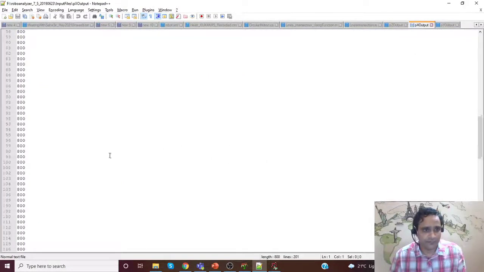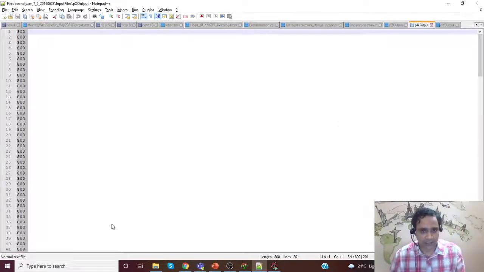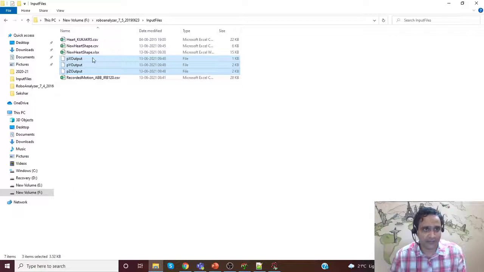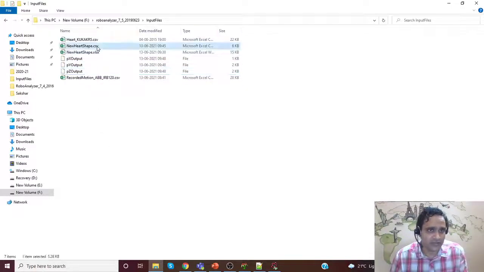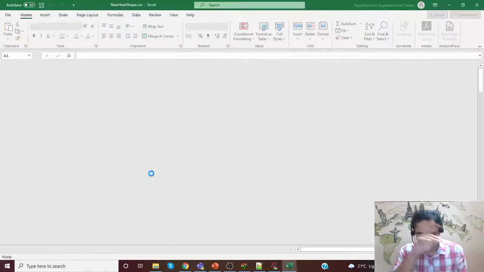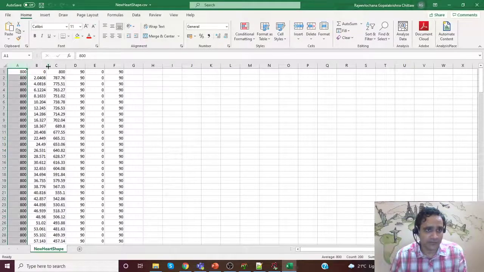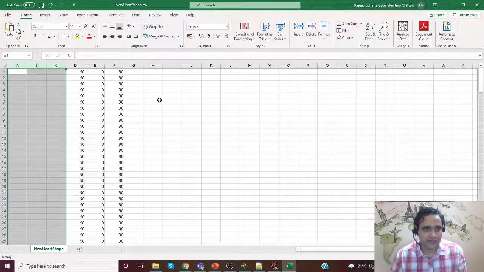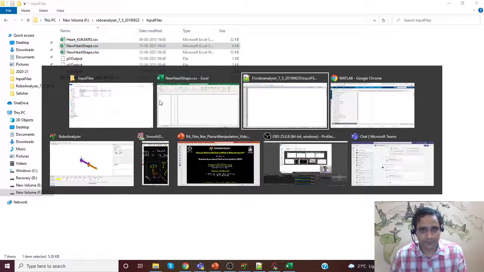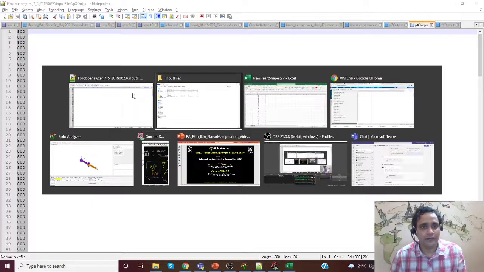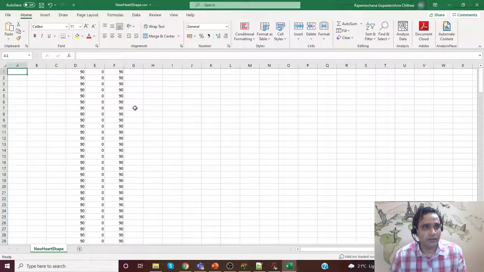Px, okay, all 800s. Control A, Control C. I'll just open the Excel file, new heart shape. I'm going to overwrite the data here. Let me just get rid of these. Control C, paste.